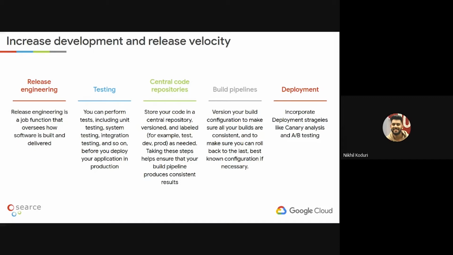And the final thing is, anything that you deploy, any kind of code changes, any kind of configuration changes, we have to use Git, or any kind of central repository, for all the code and all the configuration code as well.